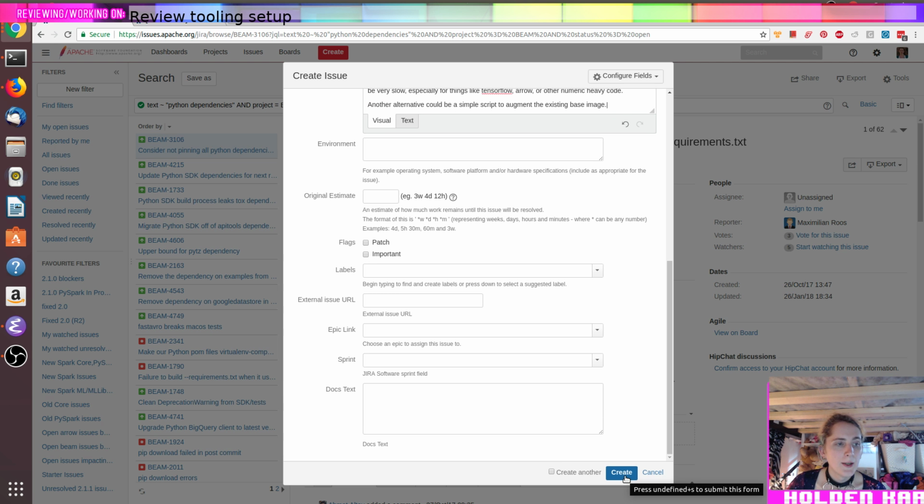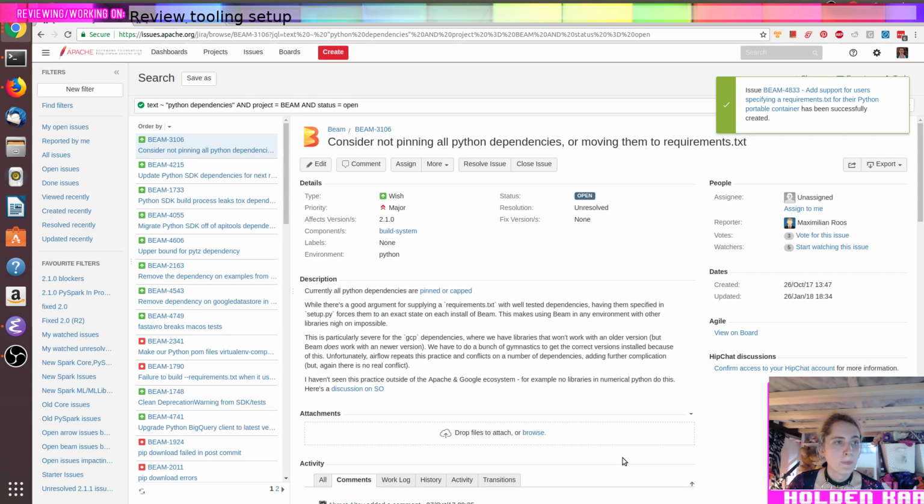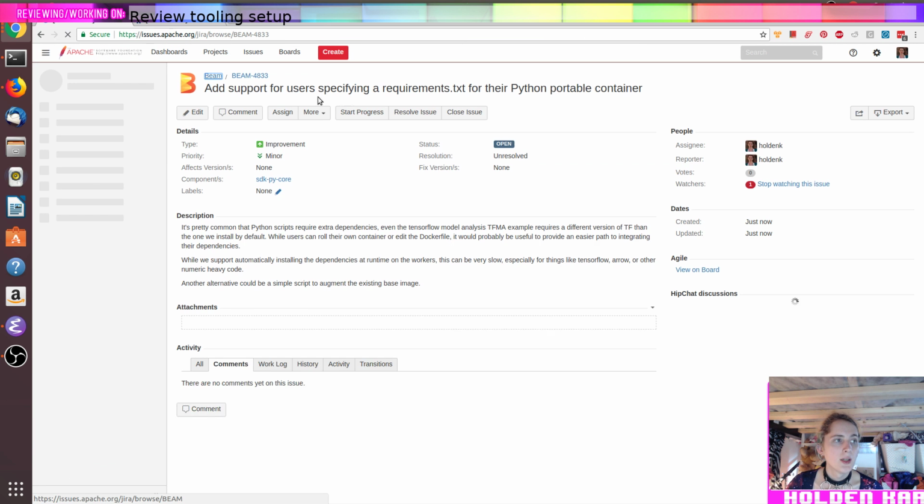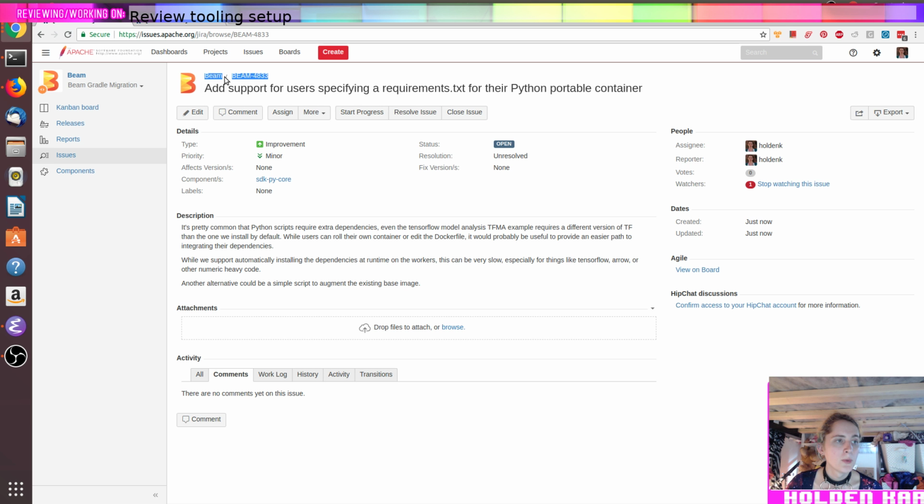So I'm going to go ahead and create this issue. And we've got this issue here, Beam 4833. And if you want to see the sort of example,